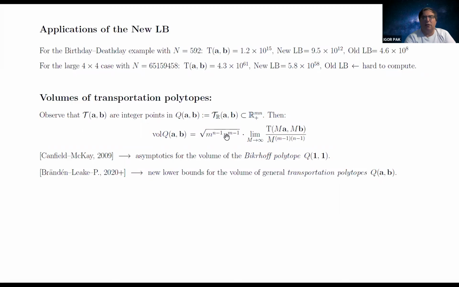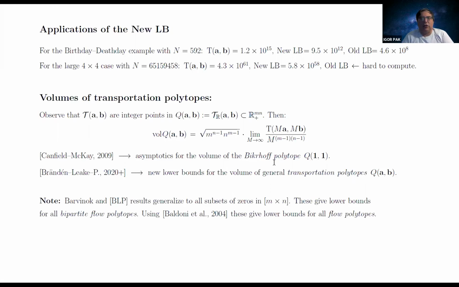And this is just a term, actually a square root of the number of spanning trees in a complete bipartite graph. Now, I should mention that this really is how Canfield and McKay obtained the asymptotic for the volume of the Birkhoff polytopes, where all sums of rows and columns are equal to 1. For decades, this was an open problem, which they resolved in this direction by using the asymptotics of the number of contingency tables and applying it to geometry, the same direction as I'm doing. And let me just mention that